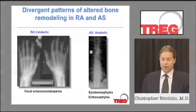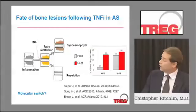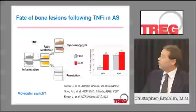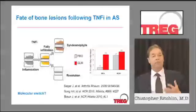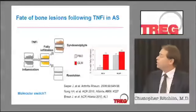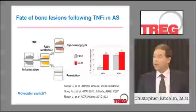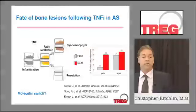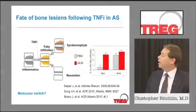So shown in this slide on the left is a vertebra, which as you see has osteitis or inflammation shown on the left. With treatment with TNF antagonists, there develops fatty infiltration. And after this fatty infiltration phase, it can move into 2 different outcomes. The first is complete resolution of the fatty infiltration. The other is a formation of a syndesmophyte, and this is what happens in many patients treated with TNF antagonists